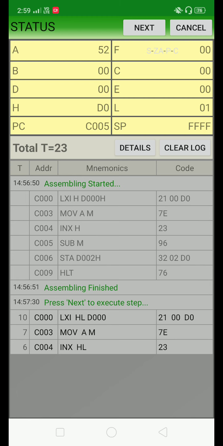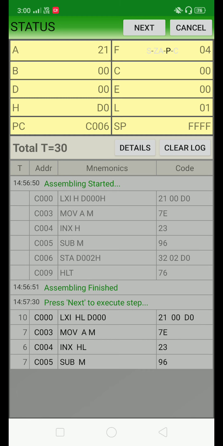The next instruction is subtraction instruction. A minus M. In accumulator we are having 52 hex, and at location D001 we have stored 31 hex. Okay, so just click, you will get the subtraction result in accumulator. See, we are getting here 21 hex in accumulator, and with respect to this particular subtraction, we are getting the parity flag bit set.